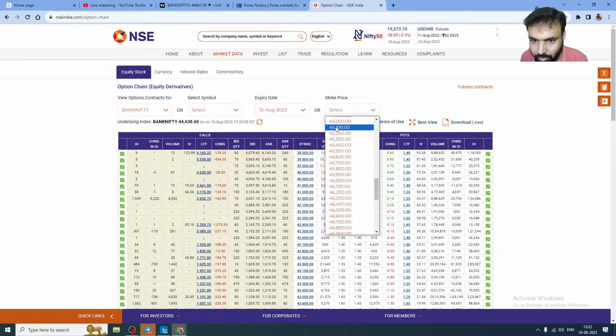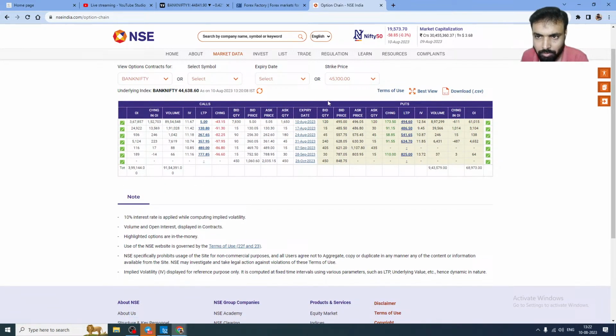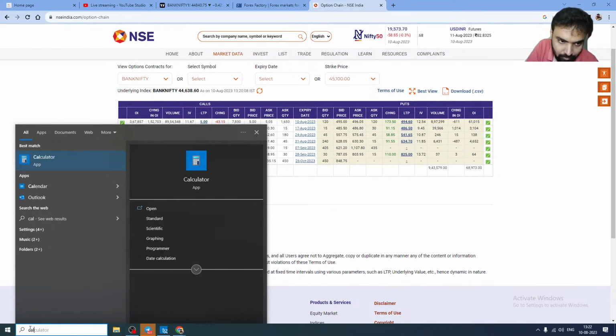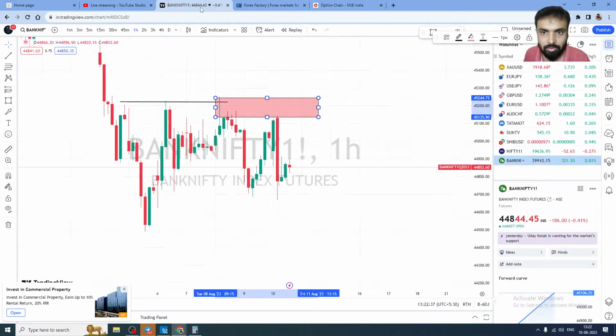4,500. Let's take 4,500. So if you would have bought a put option at this strike price, maybe like 400 rupees, 400 rupees is really costly. Let's say this is...